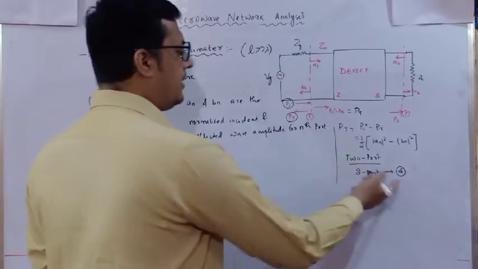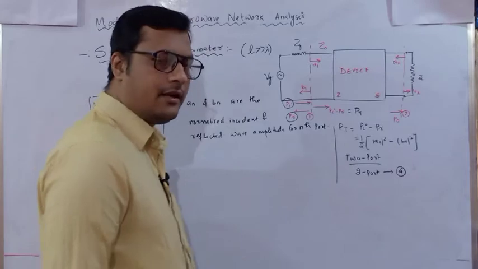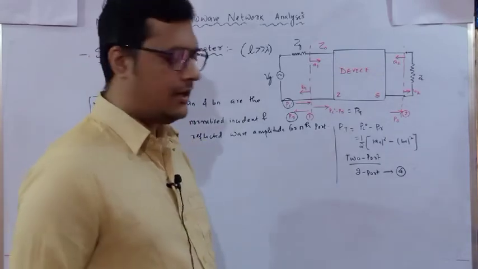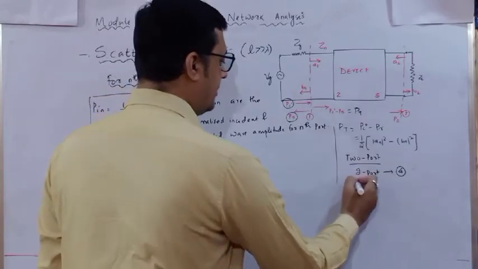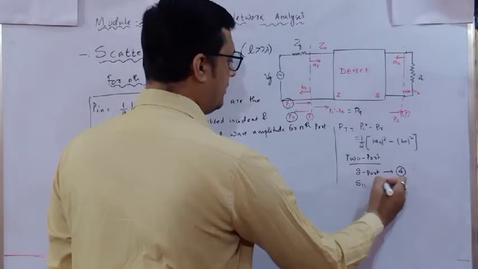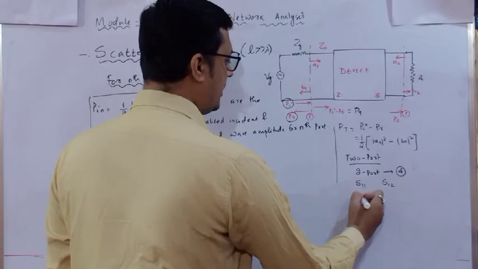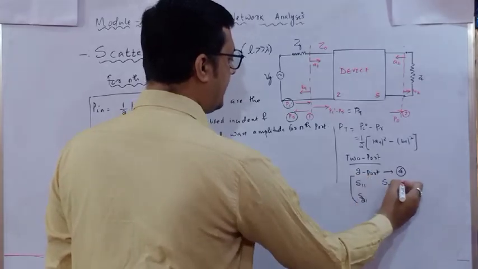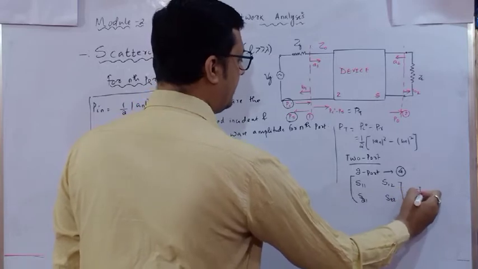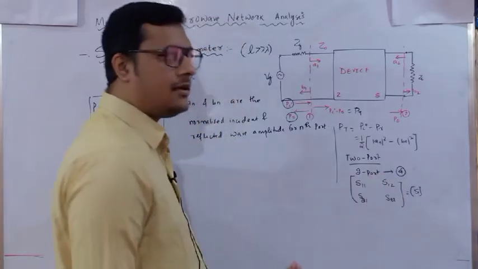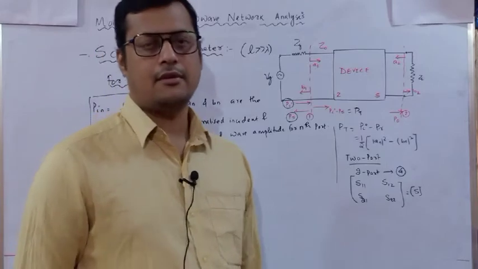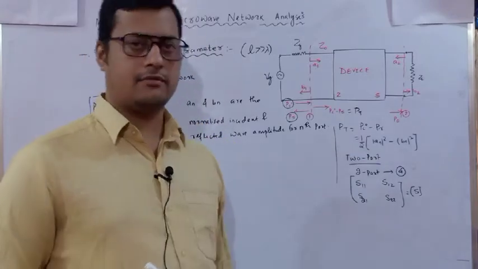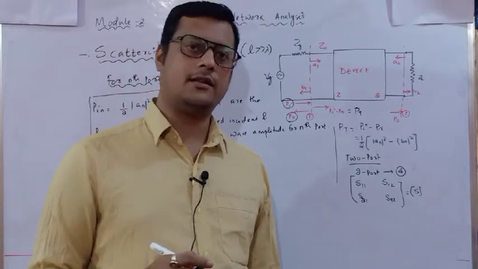So when we are entering the higher range of frequency, we will write all those parameters in terms of scattering parameters. So the scattering parameters I can write as S11, S12, S21 and S22. These are the scattering parameters, and each scattering parameter has its unique identification that I will discuss now. But for the time being, if it is a two port network operating at a higher frequency range, you have